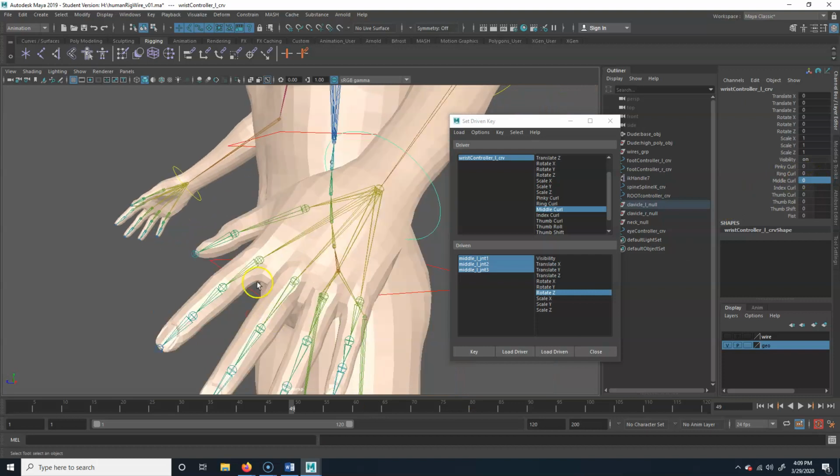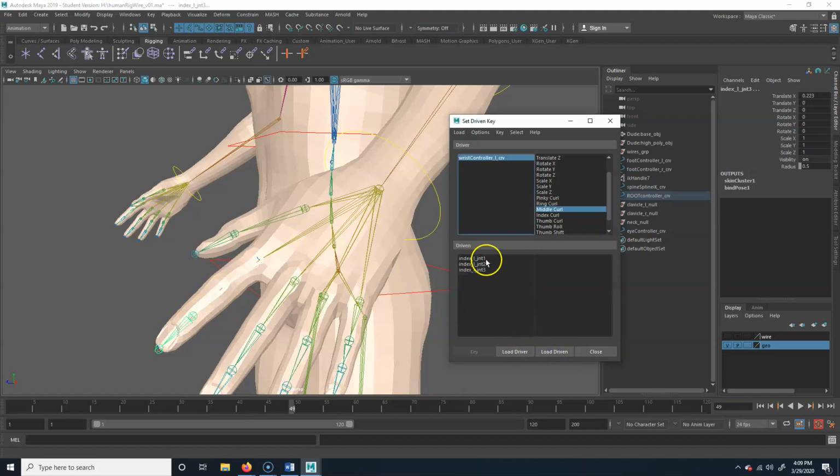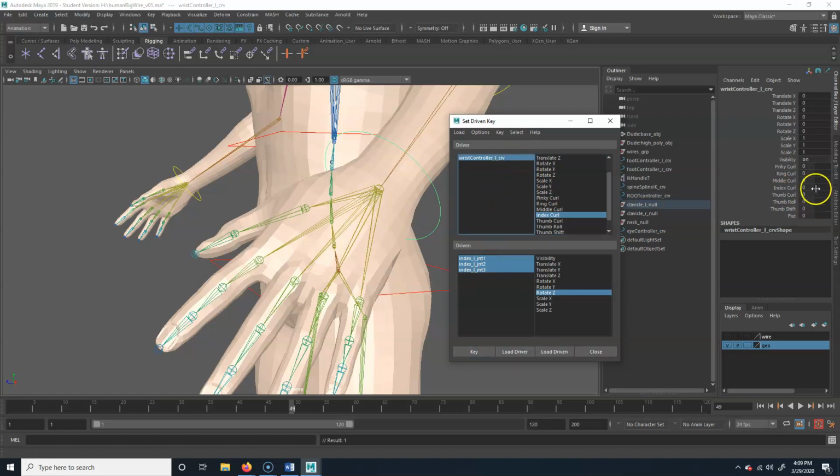And now we're going to do the index. So click on this, holding Shift, click, click, and load driven. Click and drag across, rotate Z, switch it to index, and key. So at 0 position, that's what it looks like. Click on this, and we're going to say, okay, let's switch this to the 10 position. Click and drag,